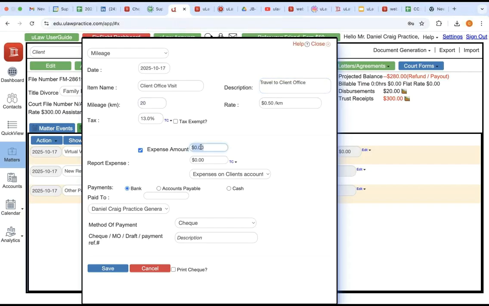Did you spend any of it? No, because let's say you used your own car and you already had recorded gas as an office expense. So you do not have any specific here.